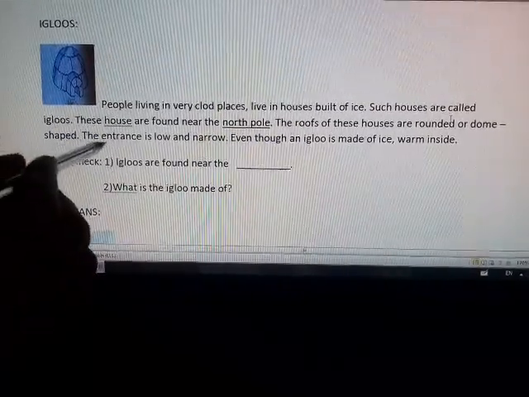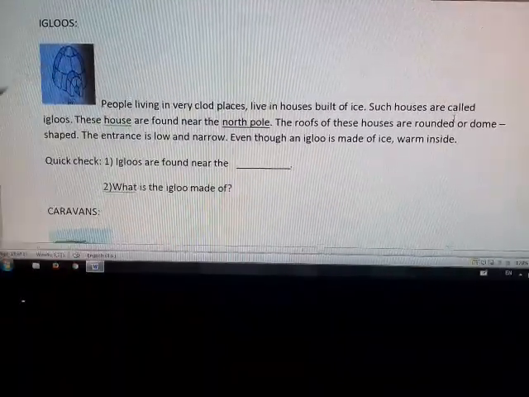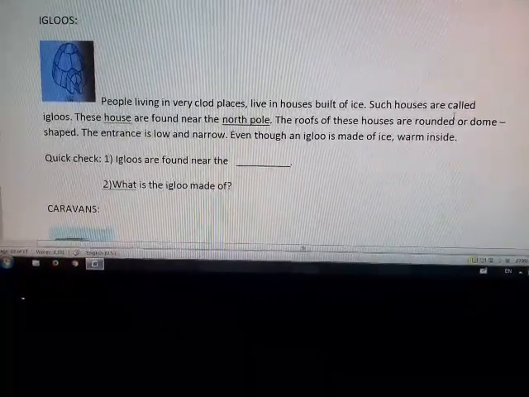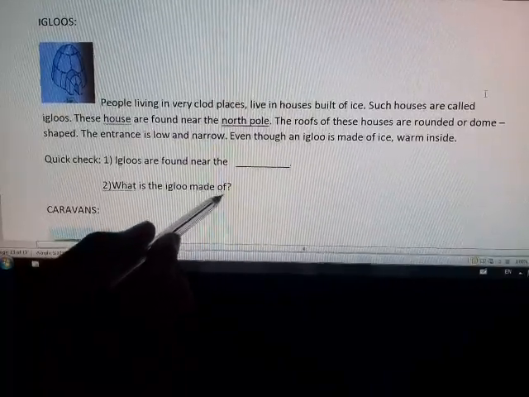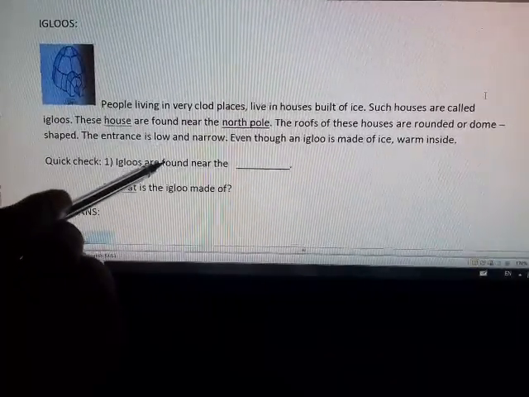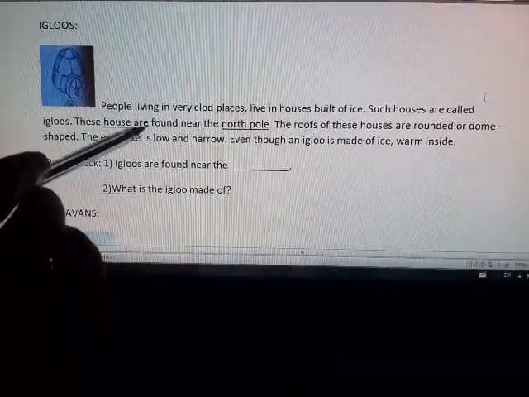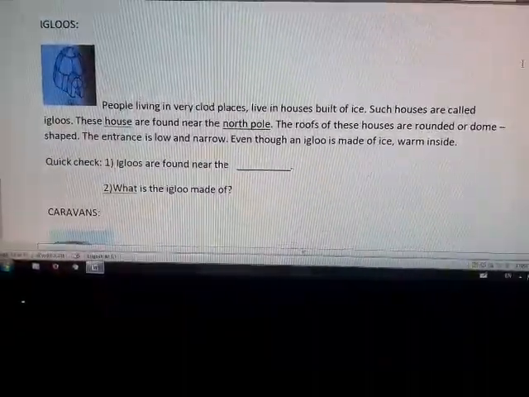Okay, the igloos are found near the North Pole. Second question. What is the igloo made of? Yes, the answer is the igloo is made of ice.